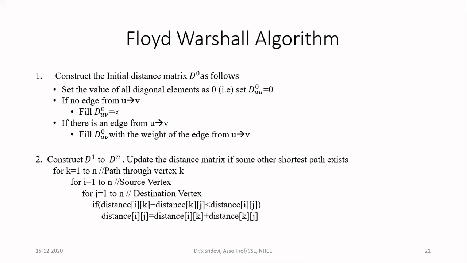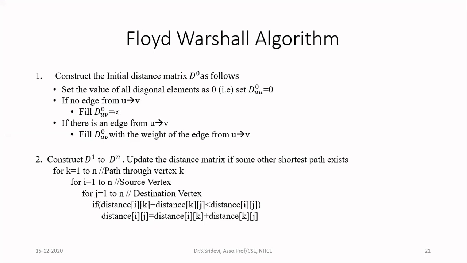A matrix is nothing but a 2D array. You are going to fill all the elements in the 2D array. Whenever you want to access the elements of a 2D array, you need to have 2 for loops. The first for loop, for i = 1; i <= n; i++, or otherwise you can say for i = 1 to n, is for accessing the rows in the matrix. The next for loop, for j = 1 to n, is for accessing the columns in every row. So for all the rows, we are going to access individual columns in different matrices.